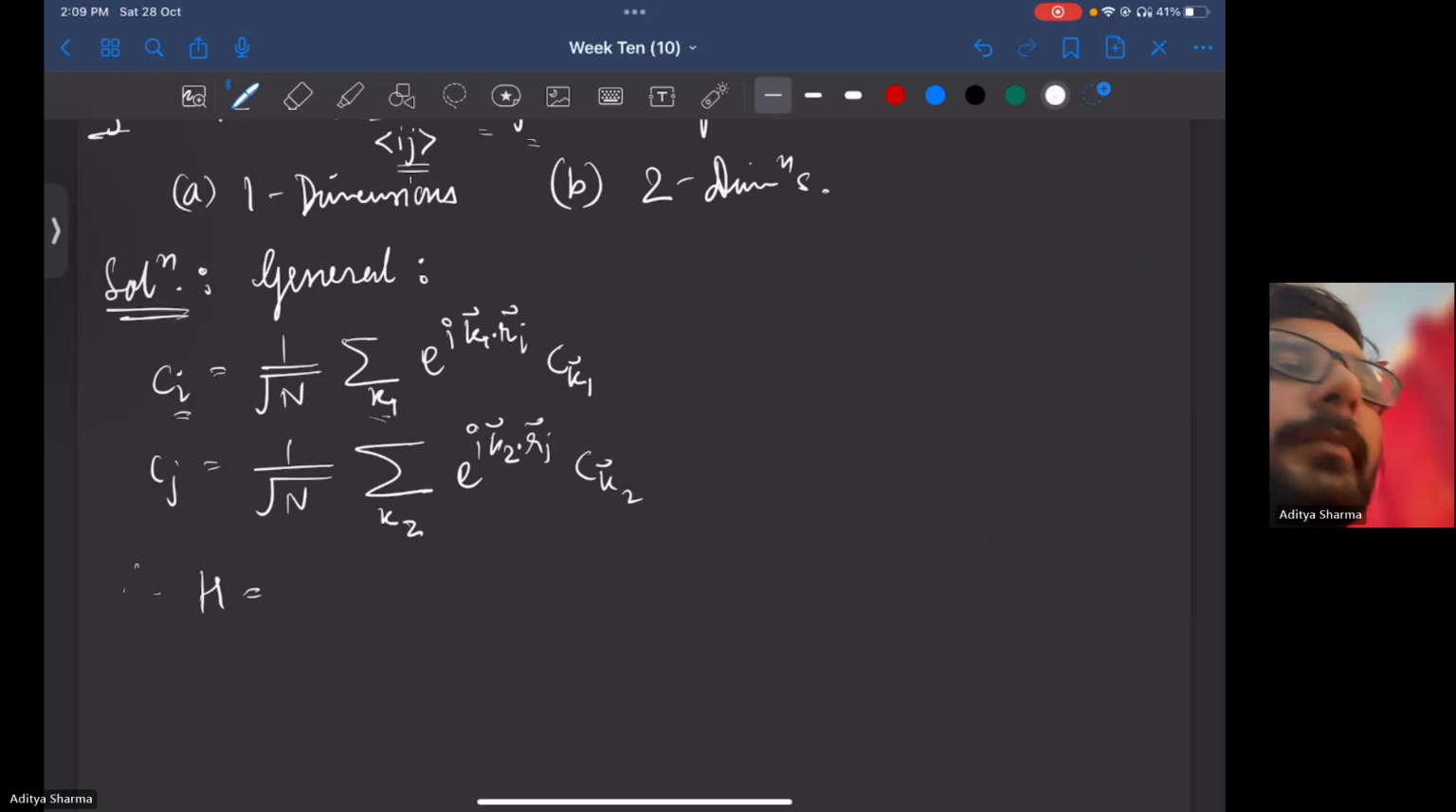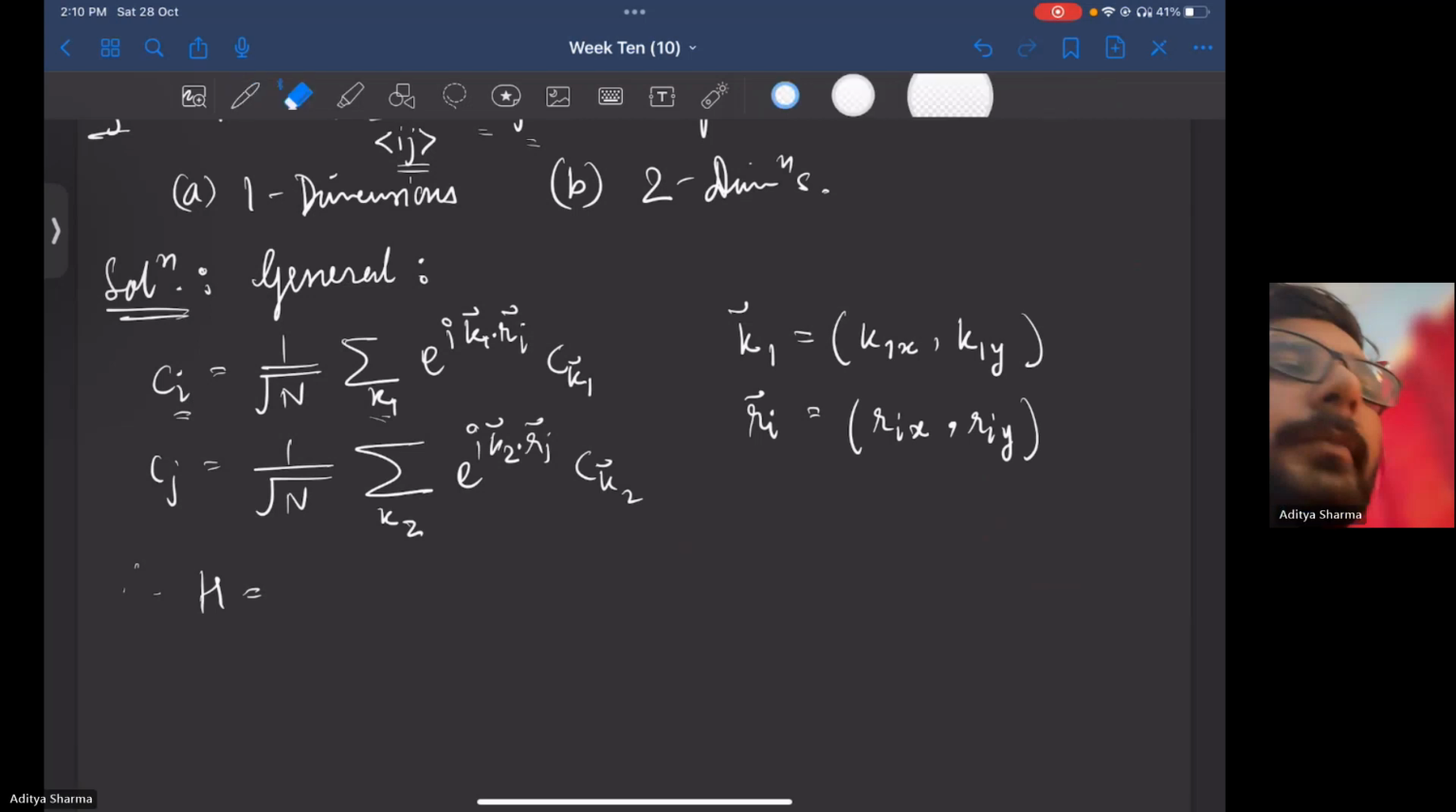All right. In two dimensions, it would mean that your k1 vector is k1x and k1y, where your ri vector means ri x, ri y. Okay. So now the Hamiltonian is going to look like